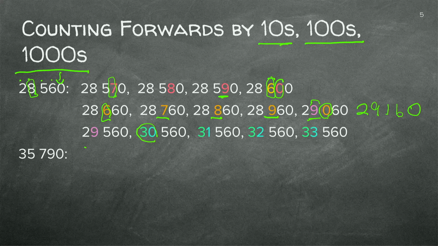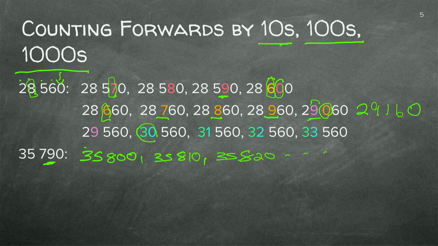Okay, let's do this. 35,790. Let's count forward by tens. Right, so that is an easy one. So it's 35,000. And what do we see there? 9. So what do we do? Yes, we've got our example there. We're going to say 35,800. And then 35,810, let me just do that again, 35,810, 35,820, and so on.